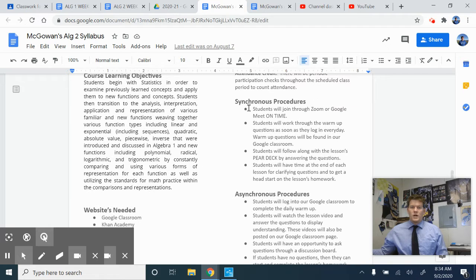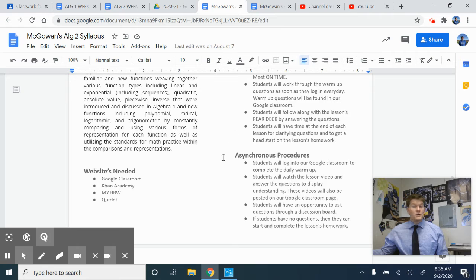So it's very similar, Algebra 2 and Algebra 1, synchronous and asynchronous, because there's work. No matter what day it is, there's work for them to do. And the majority of the time, that work is going to be practice problems. On synchronous days, they have to meet and we get to talk to each other. On asynchronous days, they do not have to meet, but they still can, and we get to talk to each other and work through the problems.